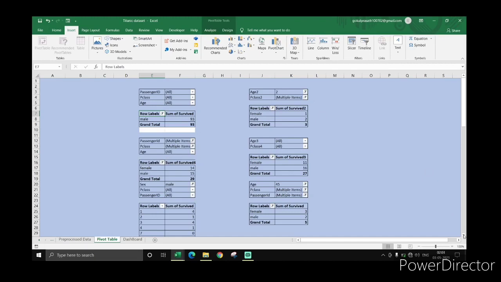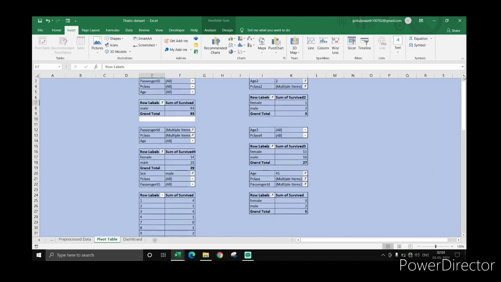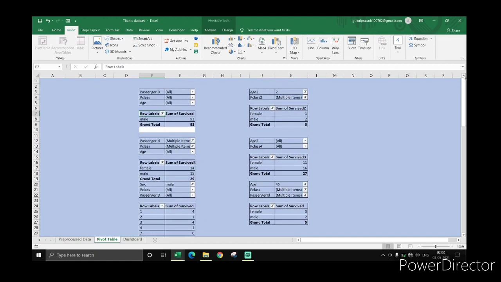Here we are having pivot tables for showing age-wise who all survived and totally survived. Then among this age, who all survived in the elders, in child, in teenage, and in adult. Totally 6 pivot tables.